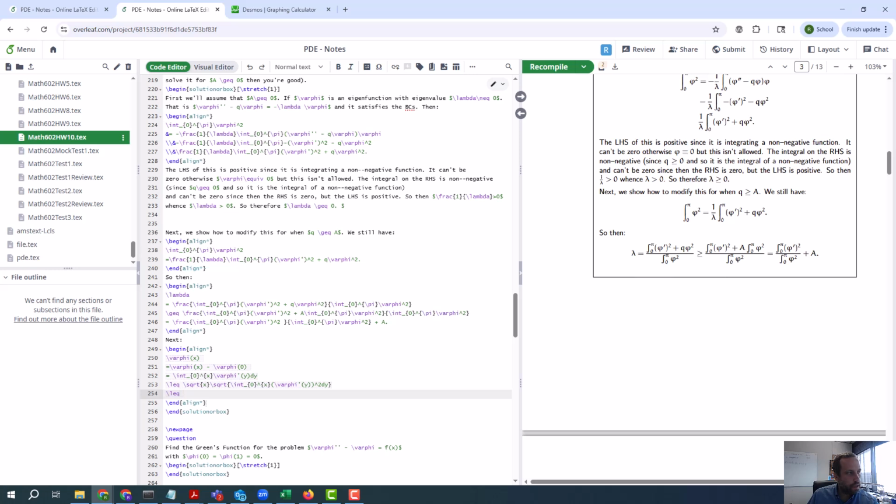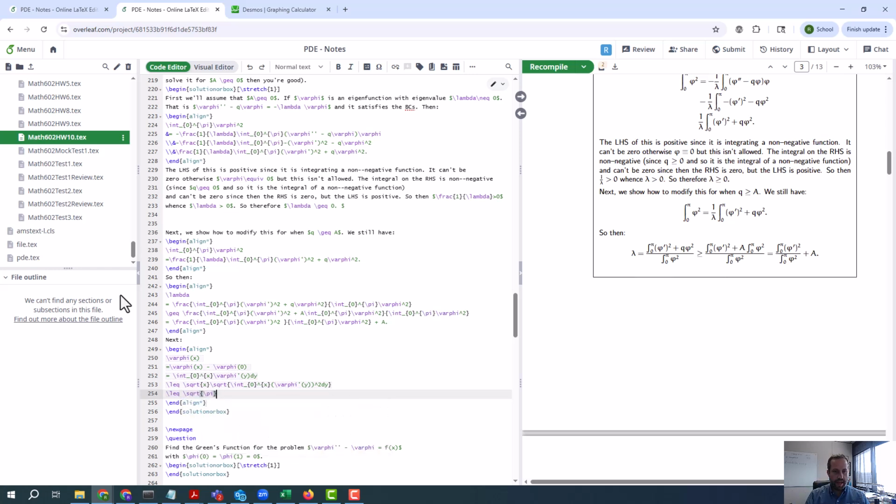Well, square root of x. I'm not going to get the most efficient inequality, or the best inequality. Square root of x is less than or equal to the square root of pi, because x only goes from 0 to pi,